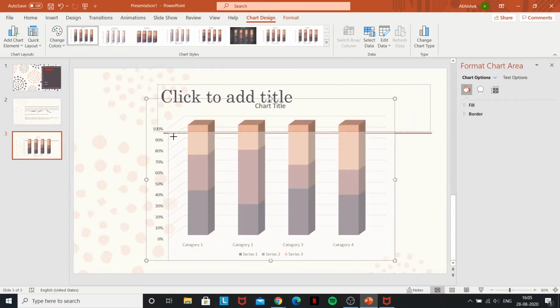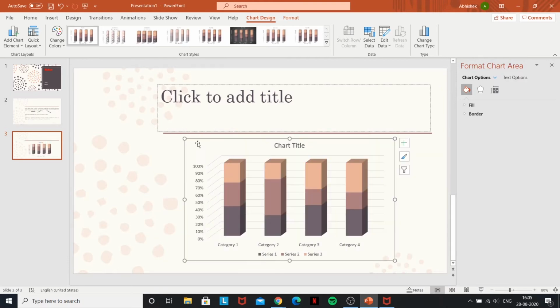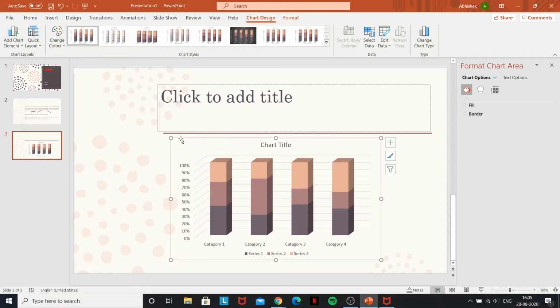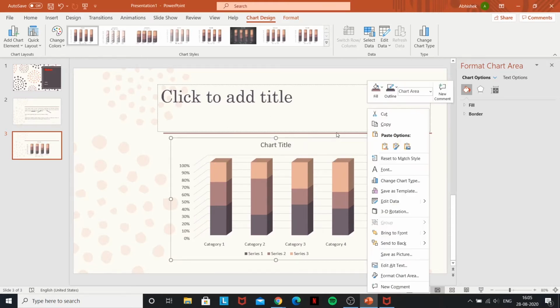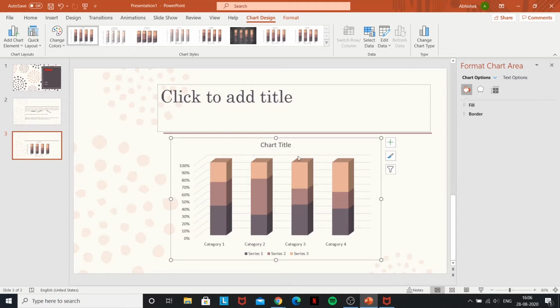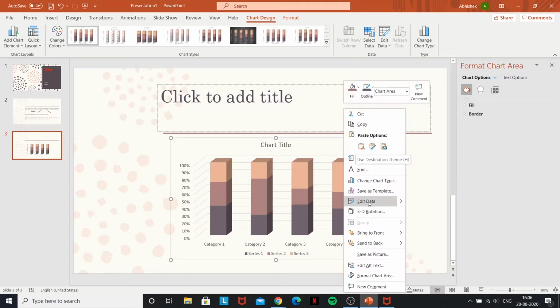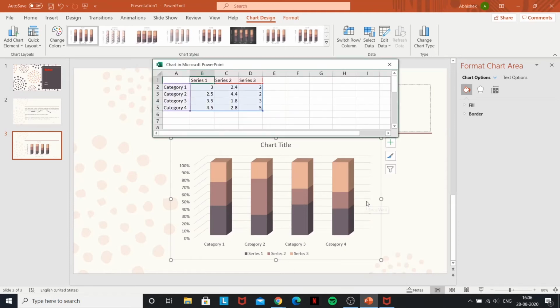And you can change the size and scaling yourself. And just like that, you have a chart. So if you do have any data, all you have to do is input it in the Excel sheet. And that's all that you have to do. If you do close the Excel sheet and you want to open it up again to change the data type, then you go to edit data and it opens it up again, and you can change it. You can change the names, you can change categories, whatever you like.